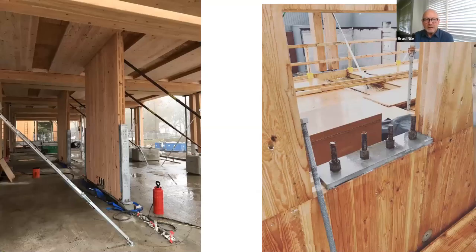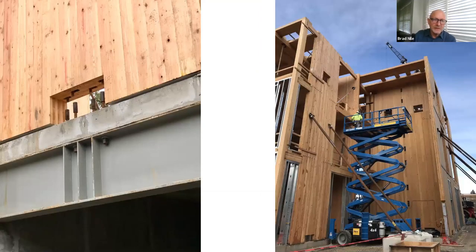Just more images of that going together. Again, a little more context for that installation. And here we are at the top. So you can see there's enough room to get a load cell, a nut, a coupling nut, and then the donut jack, as they call it, in order to tension those. In this case on the left, this